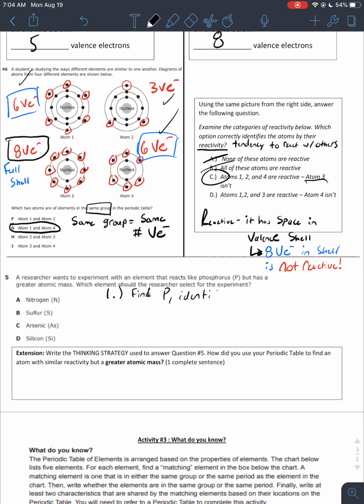identify group number. So you need to find phosphorus. And because we're looking for an element that reacts like phosphorus, we're looking for an element with the same number of valence electrons, but a greater atomic mass. So you need to find the group number. After you find the group number, look